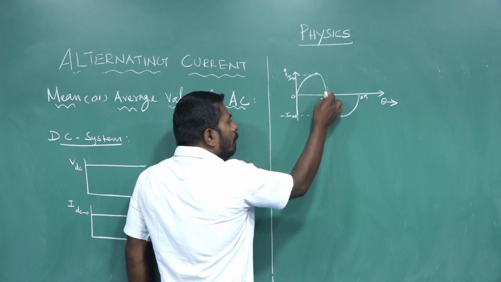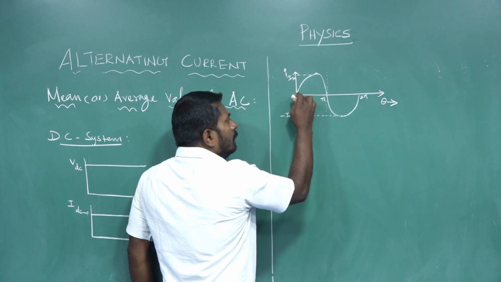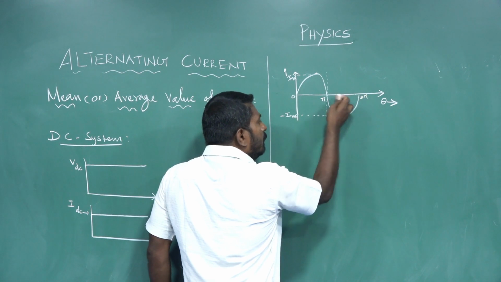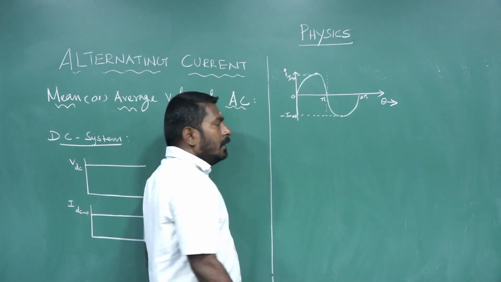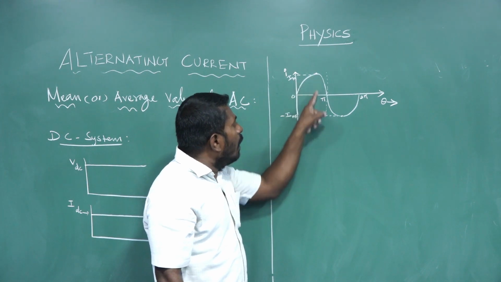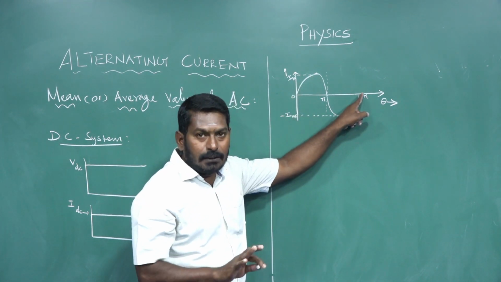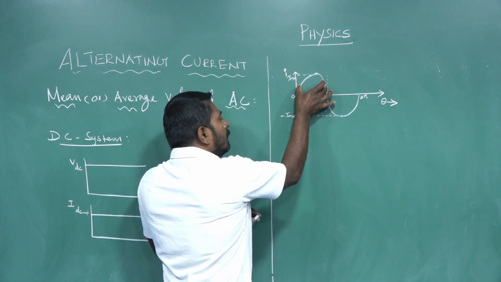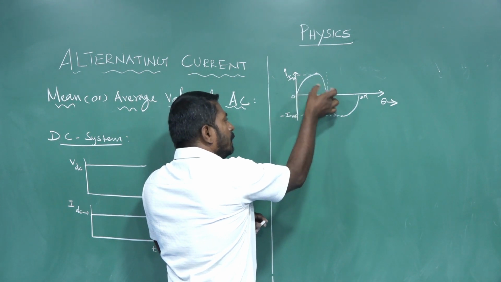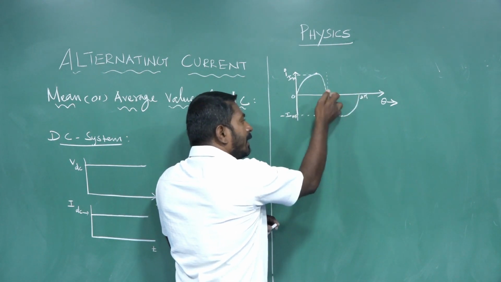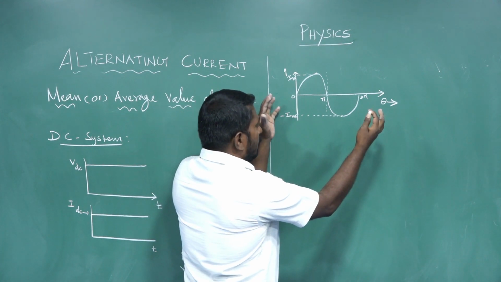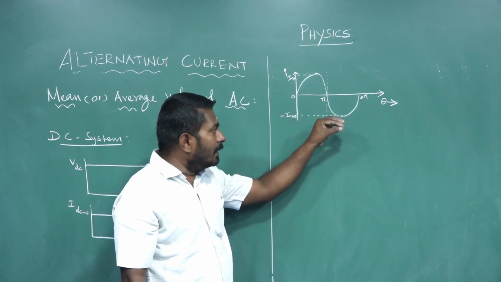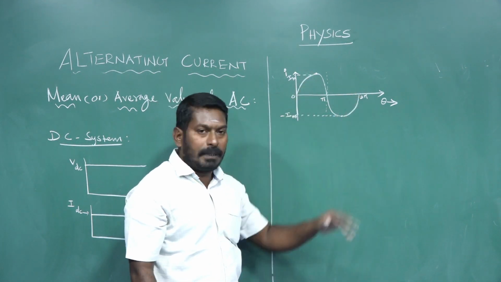From 0 to pi theta value, this is the positive half cycle of alternating current. From pi to 2 pi, the negative half cycle of alternating current. The average value of alternating current over one complete cycle is 0, because during the entire positive half cycle all current is positive, and during the negative half cycle all current is negative. Taking the symmetrical method, when the positive and negative values are added together, the resulting value is 0. Then the average value of alternating current over one complete cycle is 0.